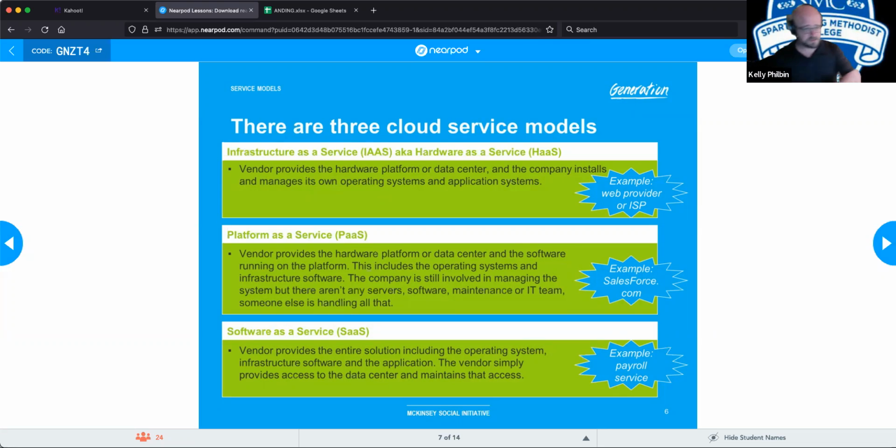And then you can just upload your own software and maintain your own software on the servers, especially if you just need extra web servers or whatever, because you've got spiking customer demand around the holidays. If 80% of your business is done between November and January 1st, you don't need all those servers for the rest of the year. You only need them for those 3 months. So you buy that infrastructure for those 3 months, you duplicate everything you have over to it, and you maintain it the way you need to. Then when January 1st comes, you shut down those servers, you go back to your normal operations.